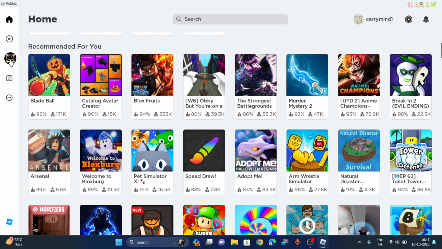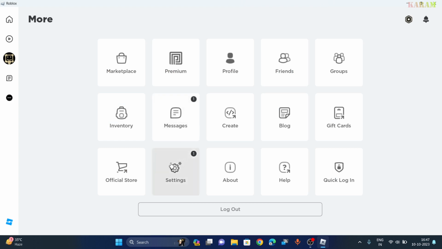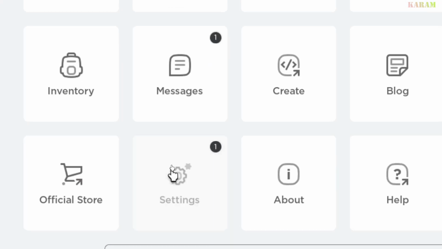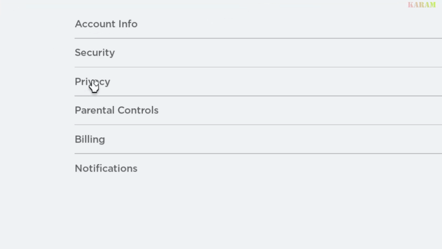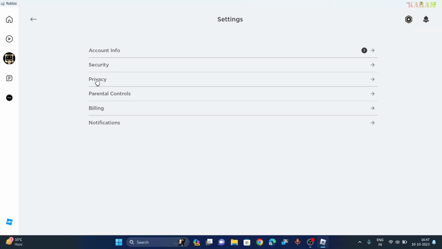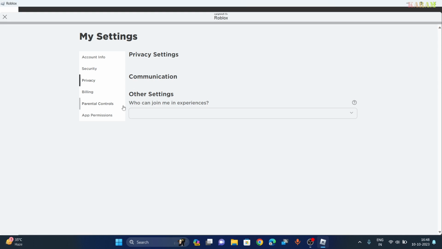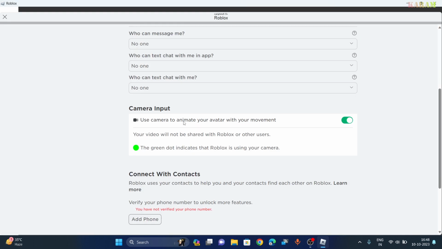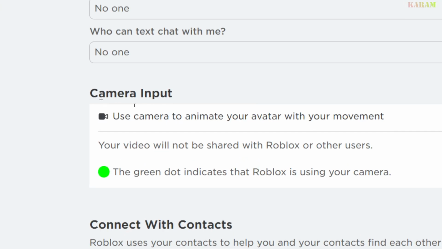So first of all, you have to go to the three dots. Now you have to go to settings. Now you have to go to privacy. Once you're in privacy, guys, you have to scroll down and get to camera